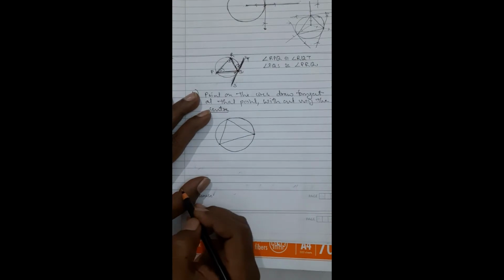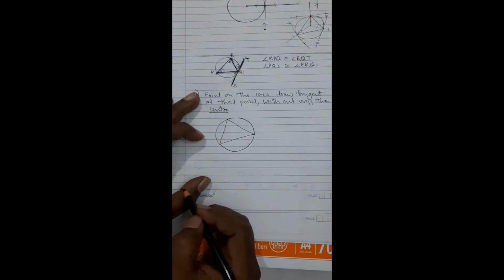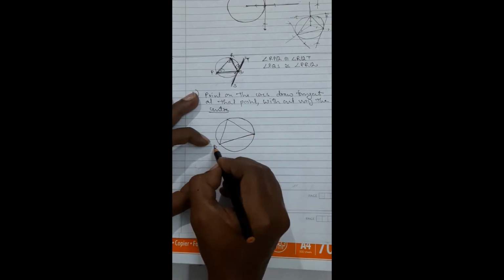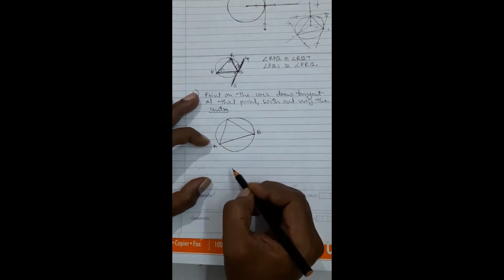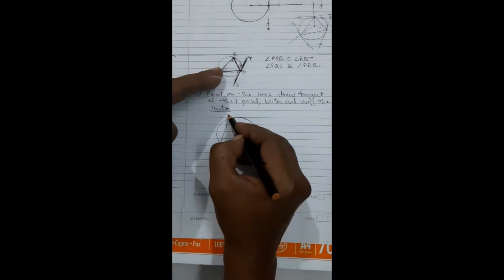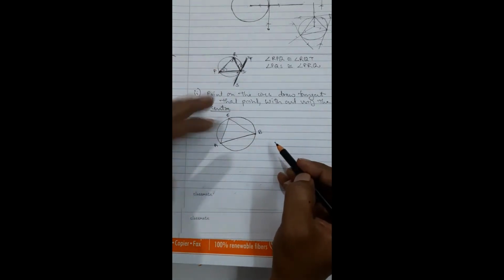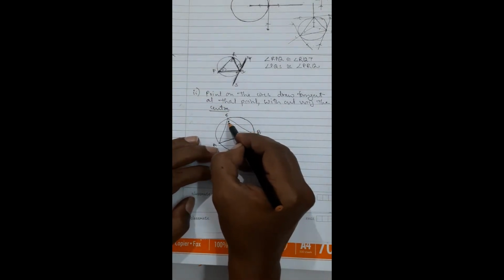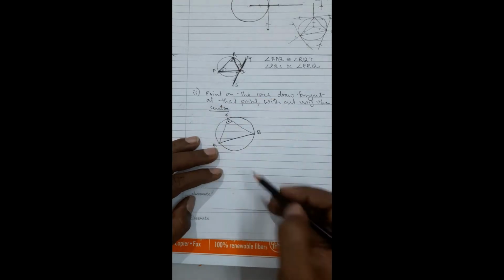This is the point. Now we know, see, if I consider this as a chord, A, B as a chord, then I will have to draw AB subtending an angle on the upper side. This angle ACB is subtended by AB on the upper side. So if I copy this angle, if I draw an angle congruent to this angle on the lower side at